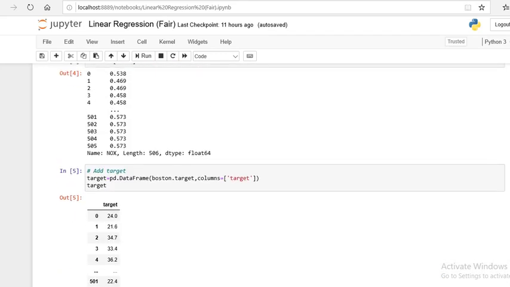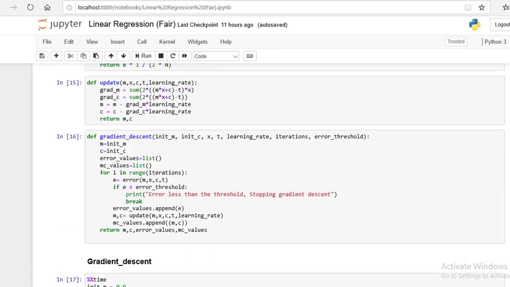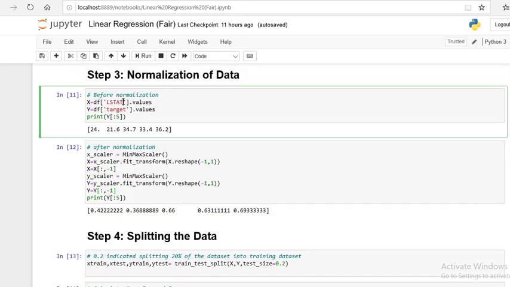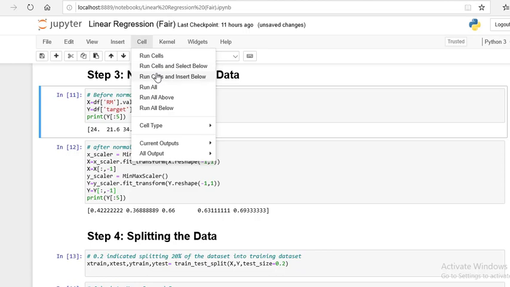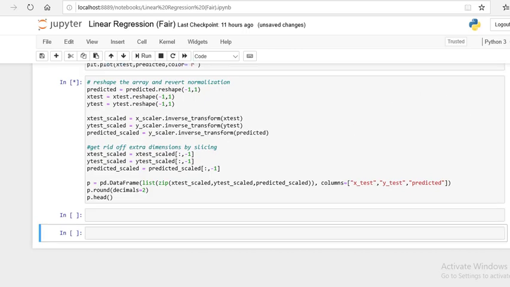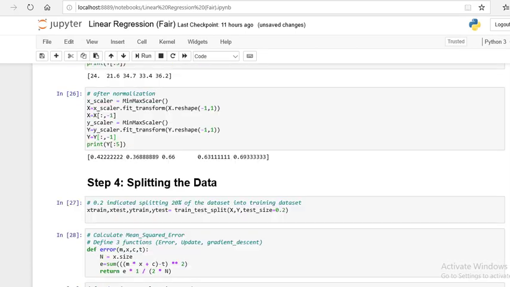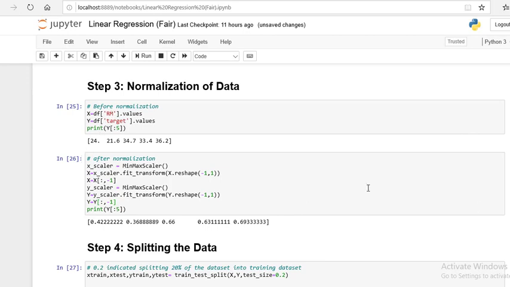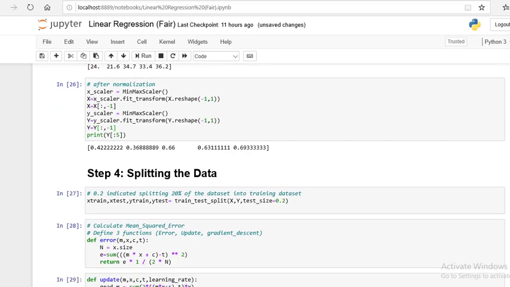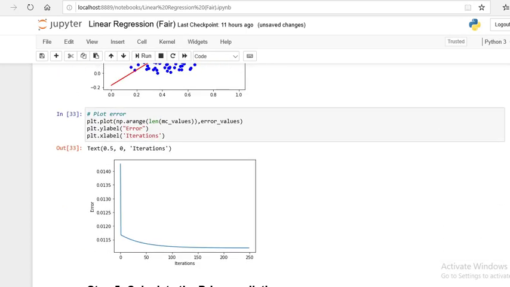Instead of LSTAT, I have added RM, and I made the change here from LSTAT to RM. There are some changes in the training graph and also some changes in the error graph.